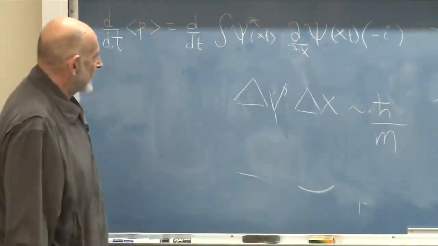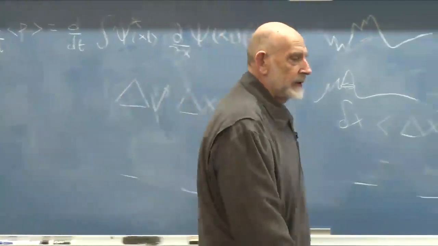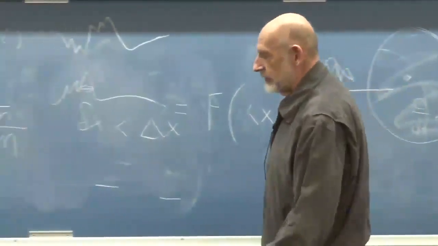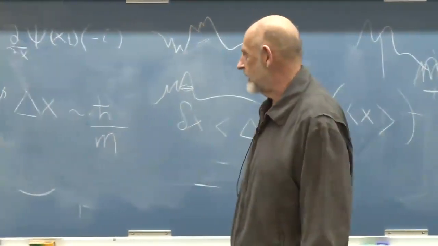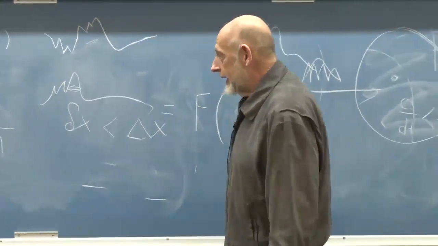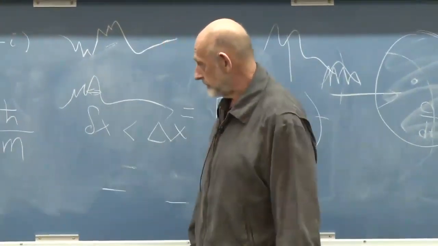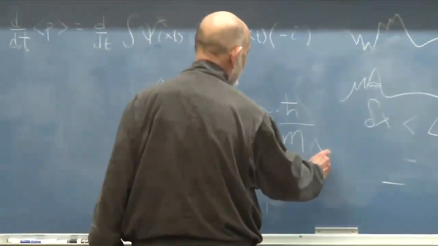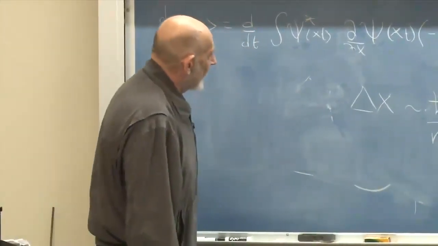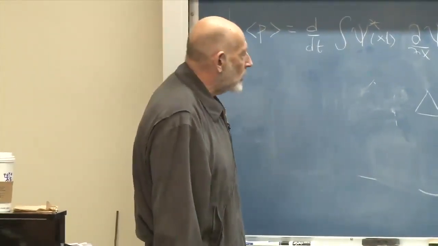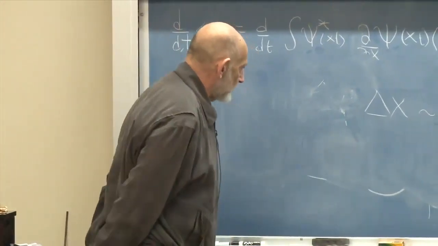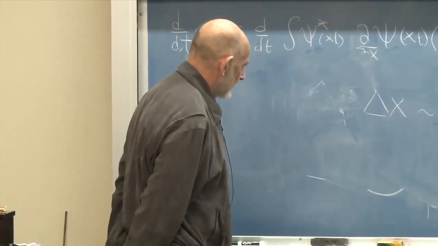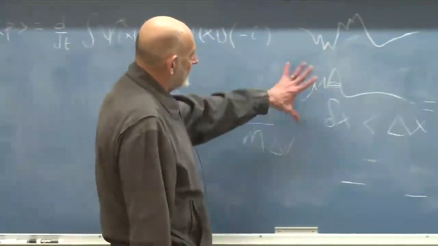Now, if I put a bowling ball down on the ground, you know very well that the uncertainty in its velocity is not very big. As it gets heavier and heavier, you might expect the uncertainty in the velocity gets smaller and smaller. And in any case, there's an m down here. And so whatever delta v is, as m gets smaller and smaller, delta x will get bigger and bigger. In particular, it will tend to get bigger than the features in